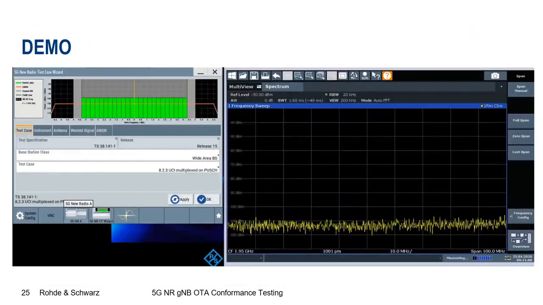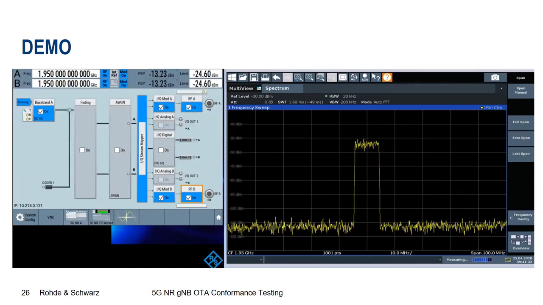So let's also here have a short demo. We are again in the test case wizard, and I've selected a certain Chapter 8 test case which requires a wanted signal with additional channel emulation and also additional AWGN. So after we hit the apply button and go to the block diagram,